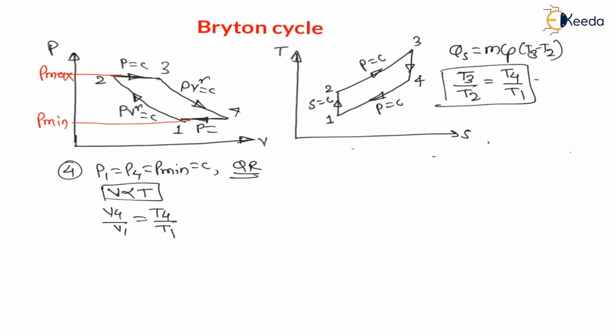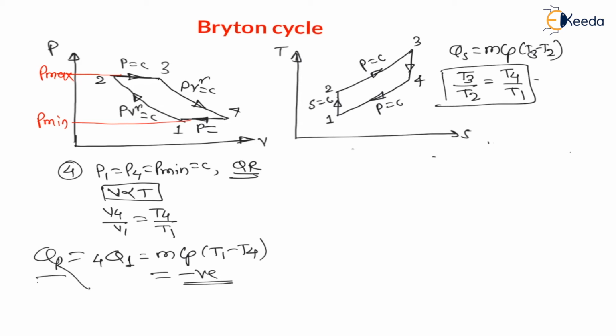And similarly during this process, as heat is rejected, therefore heat 4 to 1 is nothing but what we can write, M Cp final temperature T1 minus initial temperature T4, M Cp T final minus T initial. And my dear students, can you say that initial temperature T1 is less than final temperature T4 from TS diagram, right? T1 is less than T4, therefore this answer will be negative. This answer will be negative because heat rejected from the system is negative. As it is heat rejected from the system, heat rejected from the system is negative.